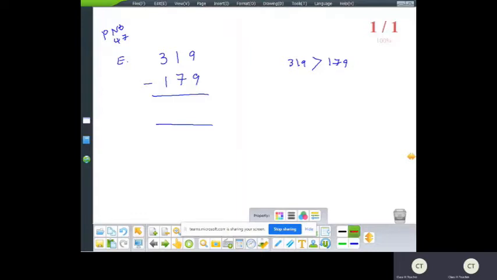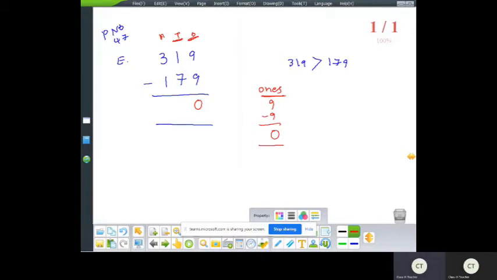Write place values for the digits of the numbers: ones, tens, hundreds. Now subtracting on ones. 9 minus 9. 9 is subtracted from 9. Here the digits are the same numbers. 9 minus 9 is 0. This answer goes under ones.